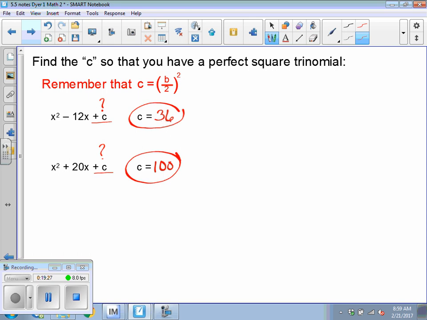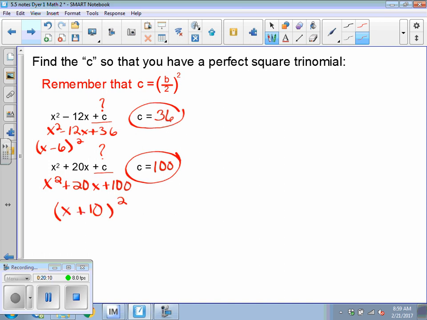Sometimes in your homework, it'll say find C so that you have a perfect square trinomial, and then write it as a binomial squared. Okay? So we found C. So if I actually put my C in, it would be x squared minus 12x plus 36. What is that binomial squared? x minus 6. Good. And what about over here? So this would be, if I put my C in, x squared plus 20x plus 100. So that binomial squared is